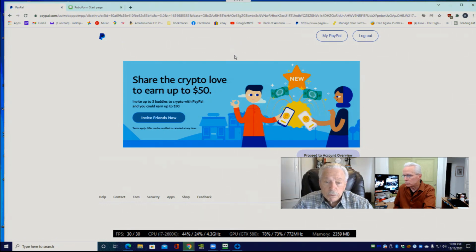So there's also a Proceed to Account Overview, which doesn't sound as attractive to me. What about the lower, this down here where it says security? Yeah, that can do it too. So to take us to the Security Center for PayPal. So lots of places you might find your path to get there. We'll go ahead and take that one.